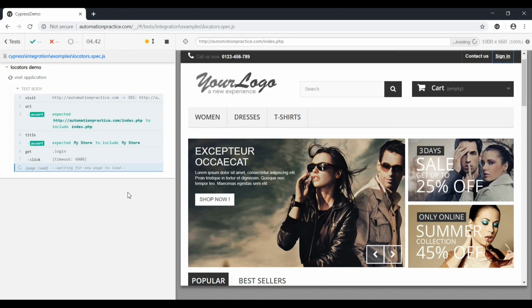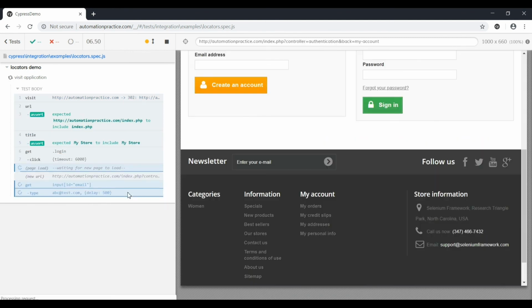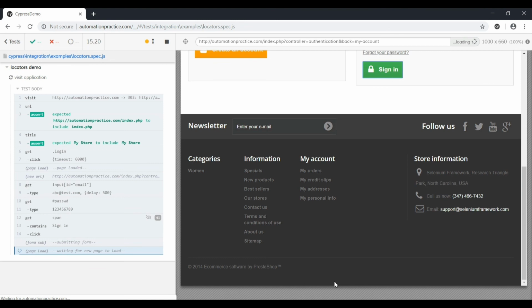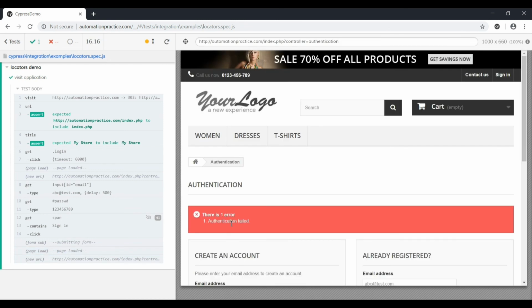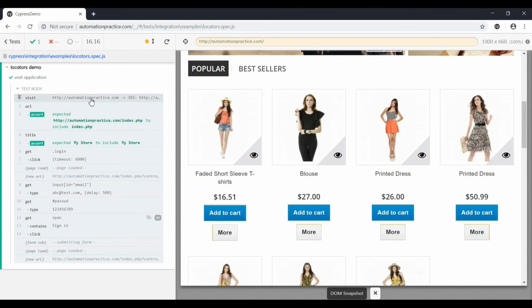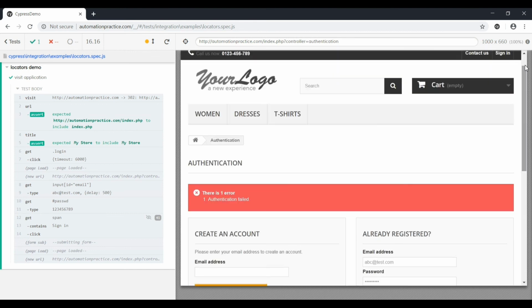So it clicked on the sign in, entering the email ID and the password, and yes, it clicked on the sign in button. We got the error. And you can see we can use the time travel feature to go back at each step. Okay, let's just try this.